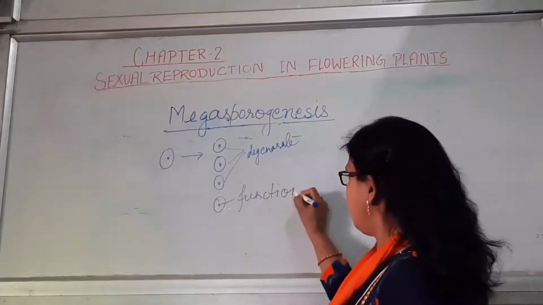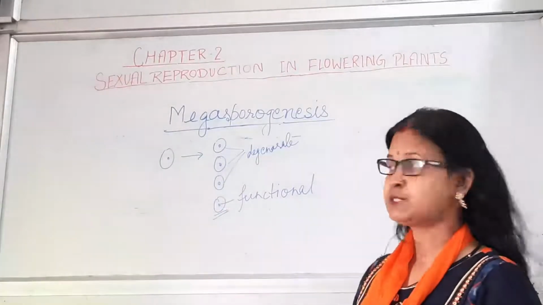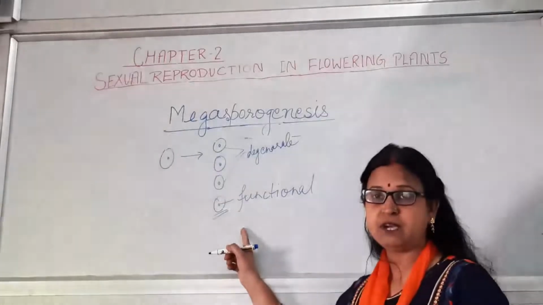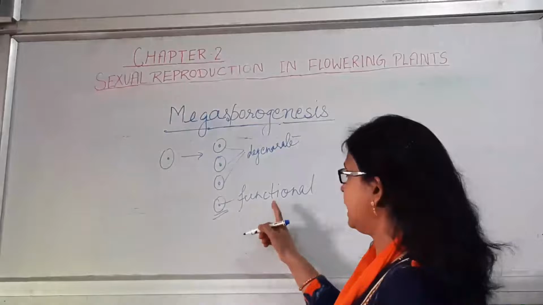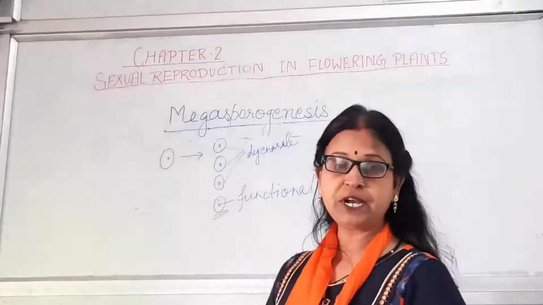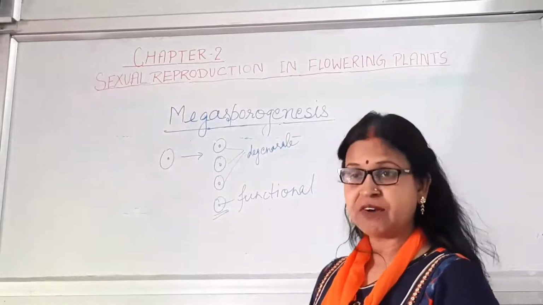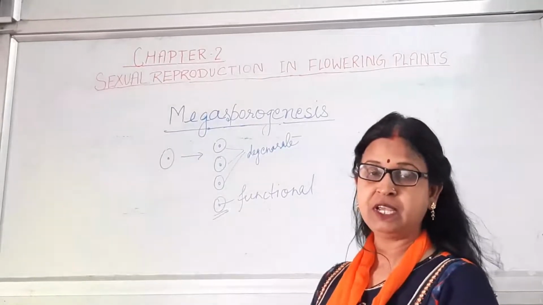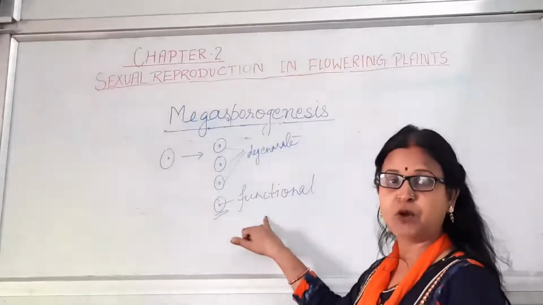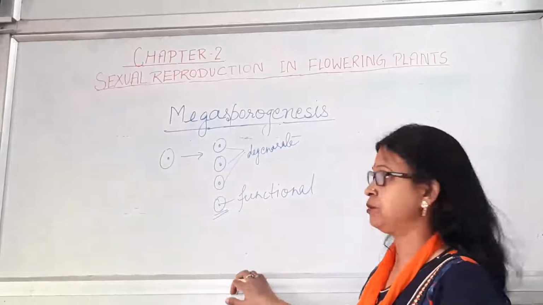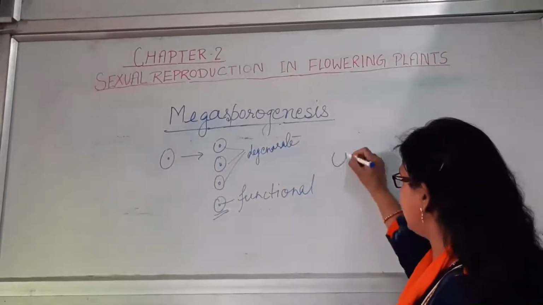because only this single spore is going to produce the female gametophyte. That's why such a type of development is known as monosporic development, and it was first discovered and explained by P. Maheshwari, and that's why it is known as the monosporic type of development of the female gametophyte. Now you can see the 3 degenerate. That's why we'll show it like this.